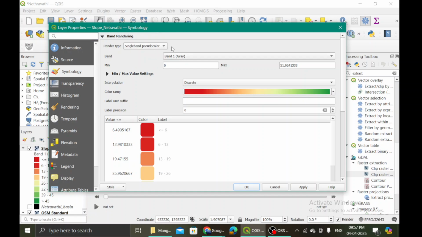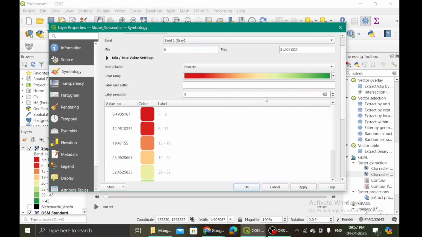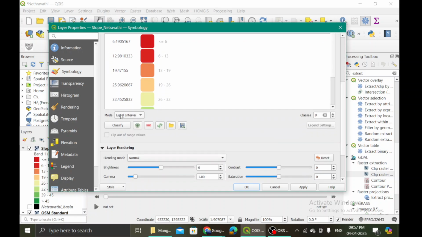Here you choose single band pseudo color, and then here you choose discrete. If you want it to be in integers, like 6 to 13, 13 to 19, then you can choose the label precision to be 0. But if you want it in decimals, maybe second or third decimal, then you can change this label precision value. And then you can come over here. If you want to use quantile, then quantile; equal interval, then equal interval.